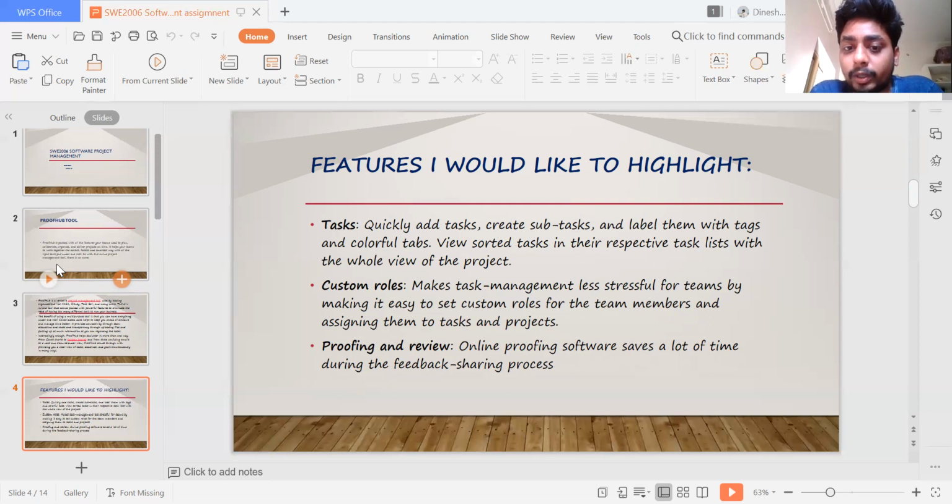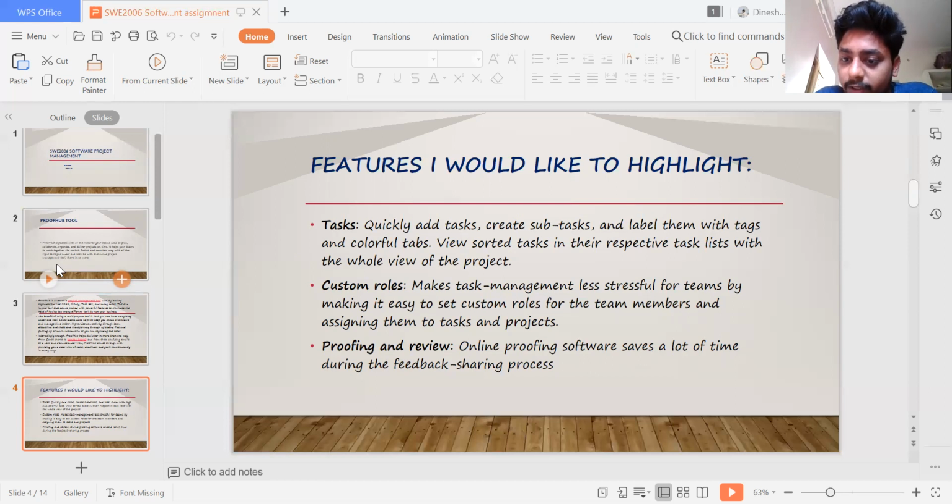Custom roles help in project management. Proof of will first give you your task and your role, so it is easy to find what we need to do.